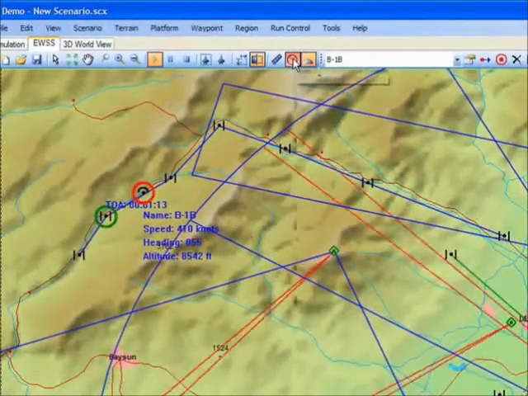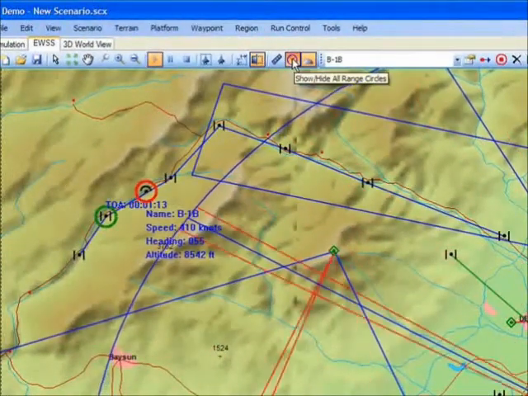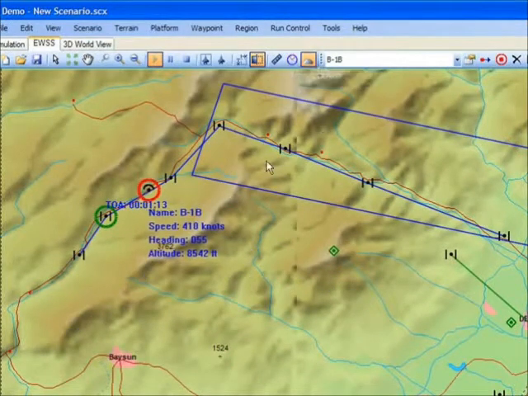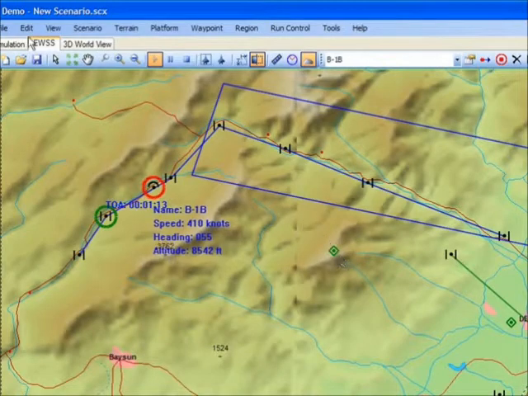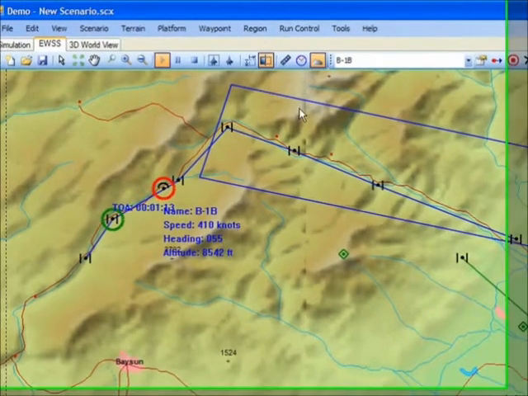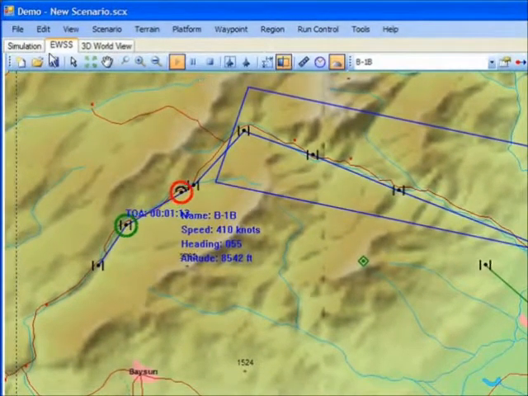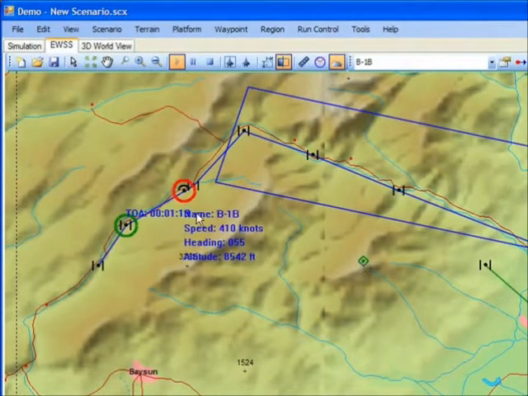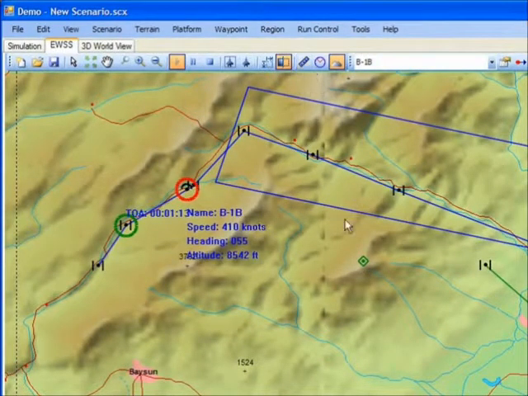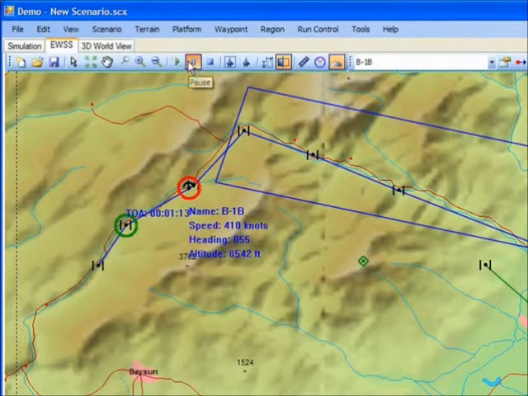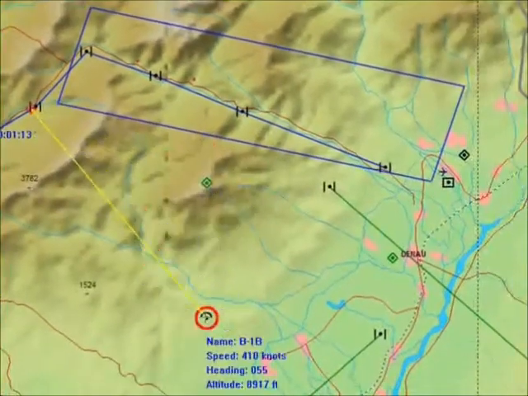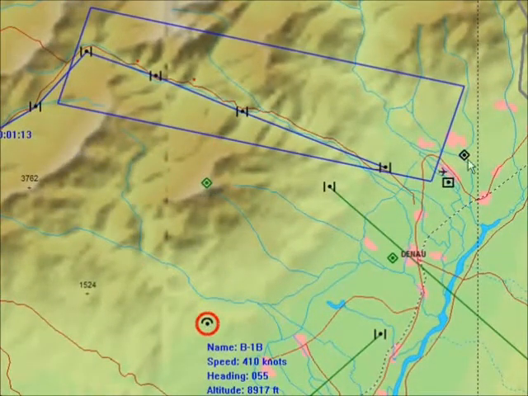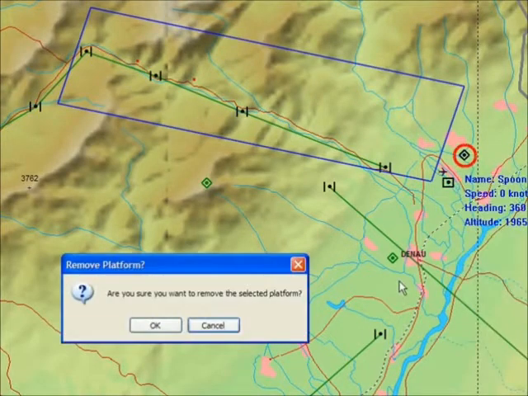Alright, and let's get to some more basic stuff here too. It pretty much shows the general overall stuff of what's happening. But what I want to do is get back to specific settings in the EWSS. So what I'm going to do is, let's go ahead and pause this right here. And I'm going to move the B1B. I'm going to move him over here, and I'm actually going to kill some of these emitters